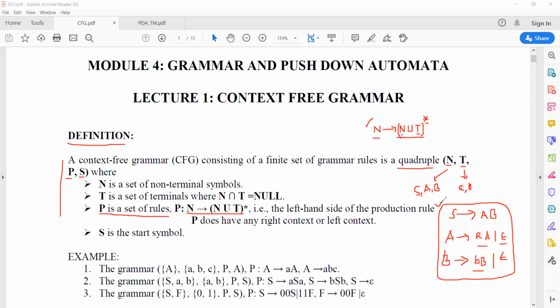I have given S produces AB. S is the starting symbol and the left hand side is only one non-terminal, and on the right hand side we have two non-terminals, A B. So it belongs to N star.